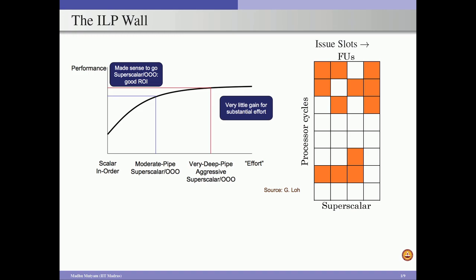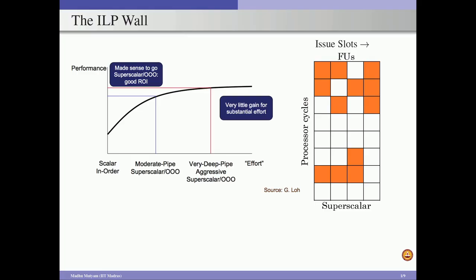We can show that in this particular diagram. Here is a 4-wide superscalar processor which issues 4 instructions at every processor cycle. So we have 4 functional units, and the maximum ILP we can exploit with this 4-wide superscalar processor is 4. That means we can issue 4 instructions every cycle to our functional units, and we also assume that all the functional units are properly pipelined. So even when we have properly pipelined functional units and our system can support 4 instructions executing simultaneously every cycle,